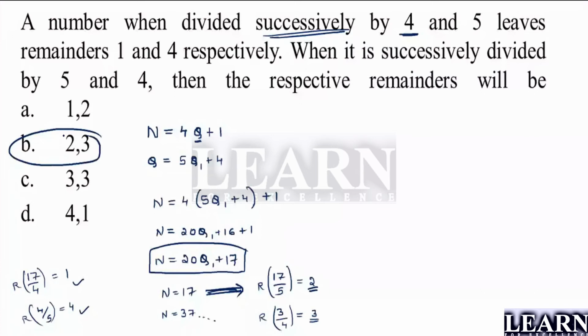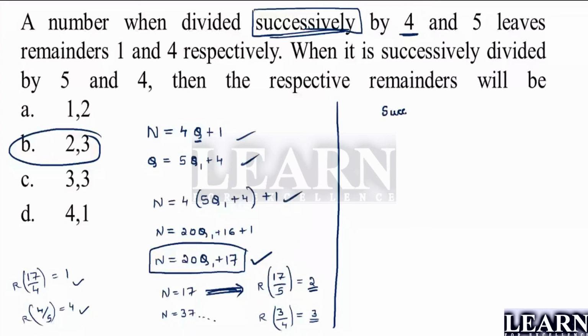Now look here, going with those equations, combining them and finally getting this is a little bit of a hectic task. What if they had given 3 equations? We would have to write 4q plus 1, 5q plus something, keep on taking it out, and at last equate it. That will take a long time, and it will also be confusing. So please make a note of it. Whenever they give a successive division, use the successive division trick.